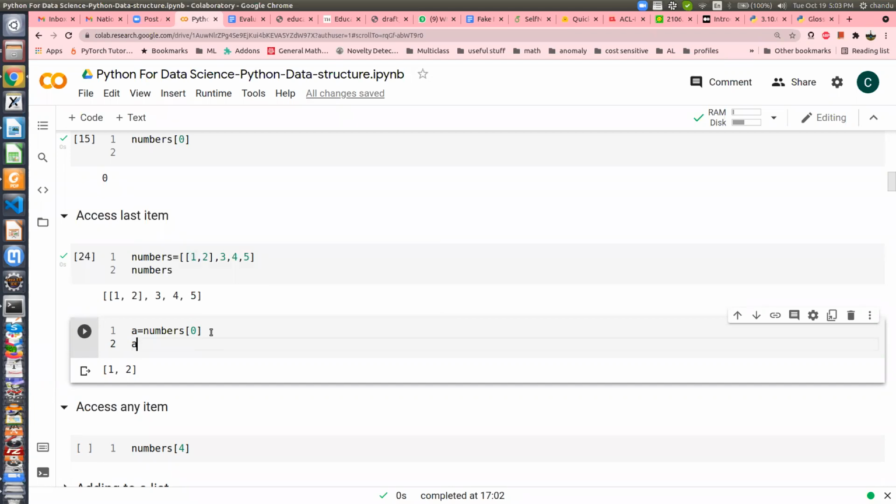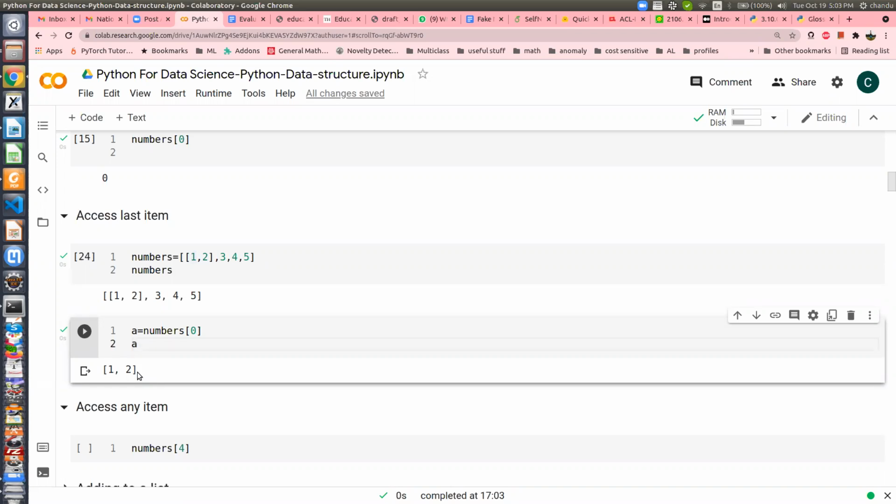Right, so A is nothing but 1 and 2. What kind of data type is A? List. Yes, because there's a square bracket, definitely it is a list, right?